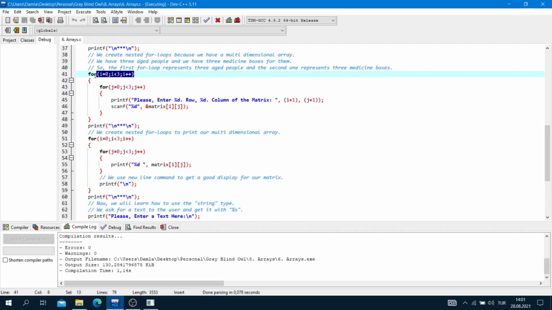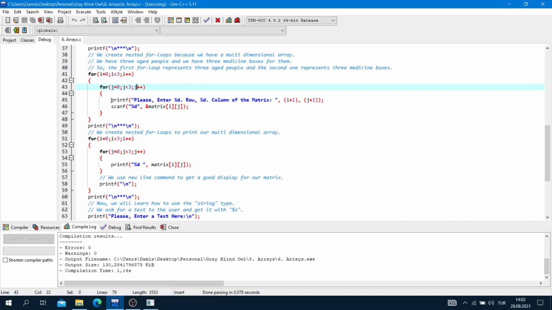This line is for the 3 aged people, for the rows. And for j = 0; j < 3; j++. This for loop is for the 3 medicine boxes. Okay, this is 3 aged people, and this is 3 medicine boxes.